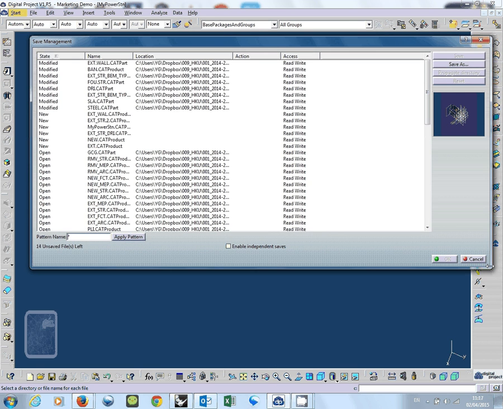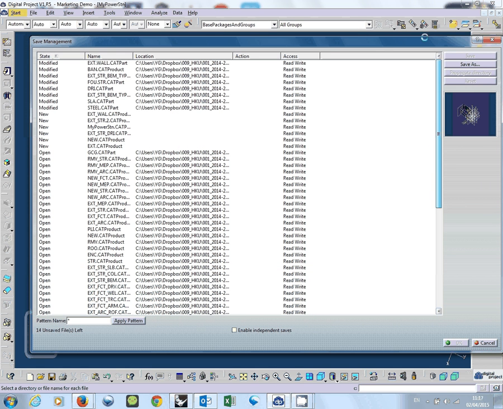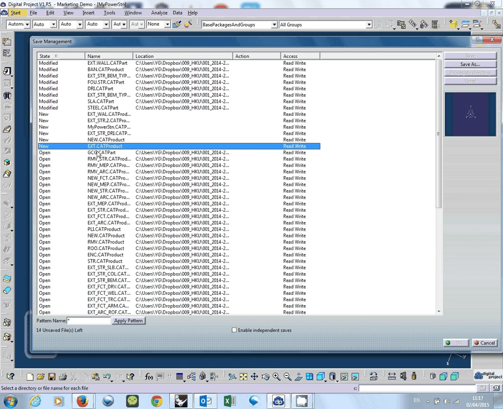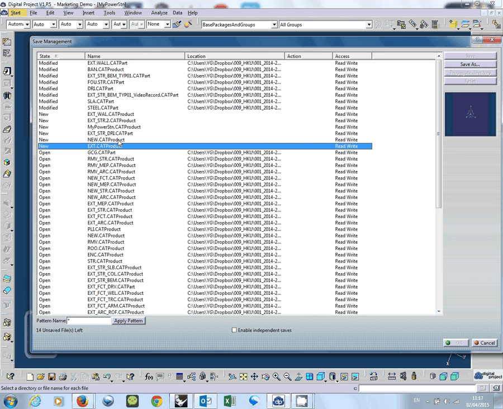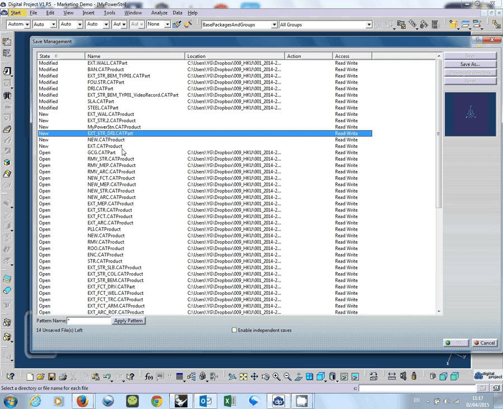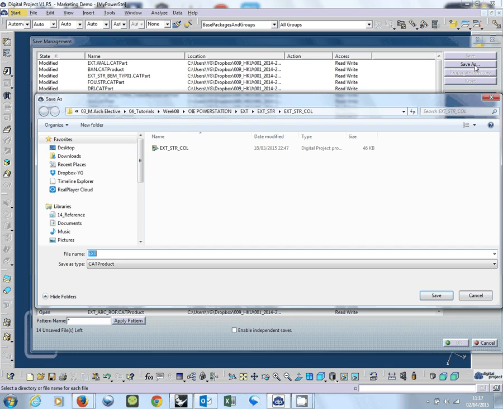This is a window that shows you all the files that have been opened, modified, or just newly created. You can sort by the state for your convenience to select them quickly. As you can see, those are files that have been modified, which you can just save. For the ones that I just created, notice the name, and it also shows you the file nature. So I got 5 products and 1 part file. So what I do is, this is an existing CAT product. I'd say save as,